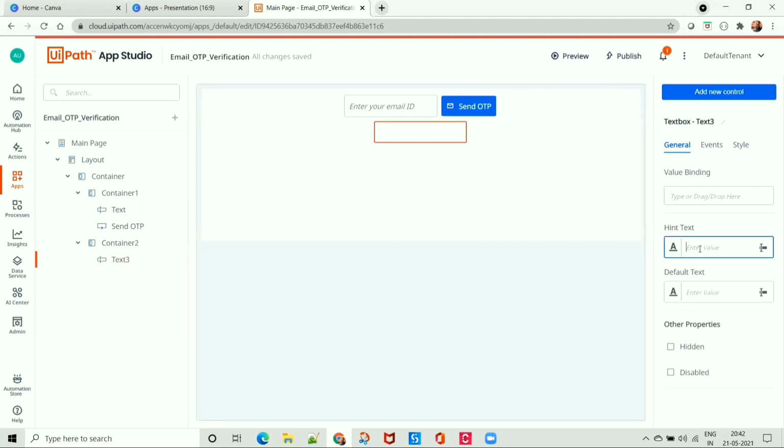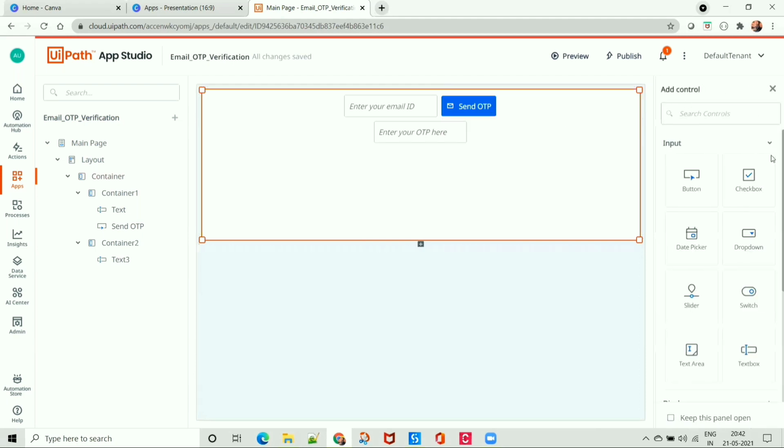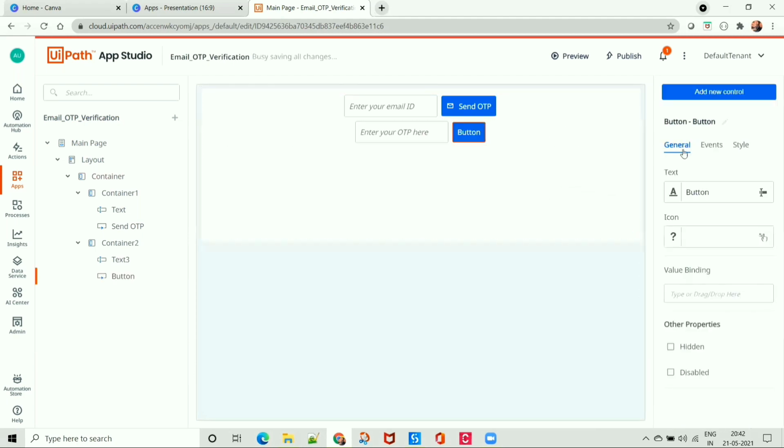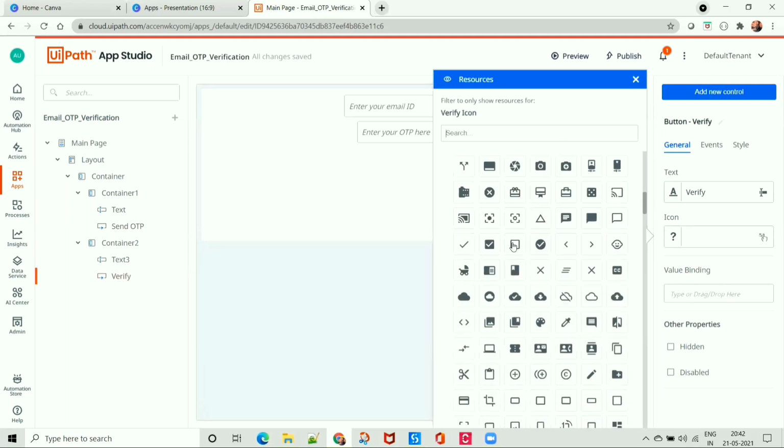So I will write: enter your OTP here. And when the user enters the OTP, I need a button, which is verify. And I will choose the icon from the list, which is very suitable.